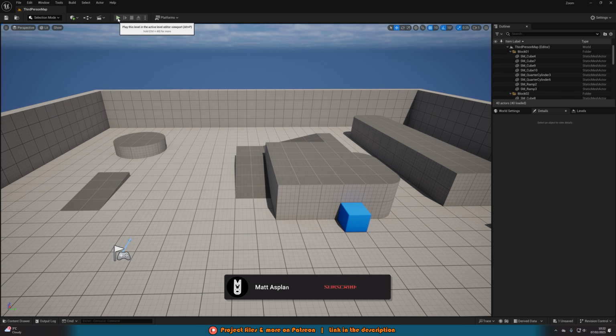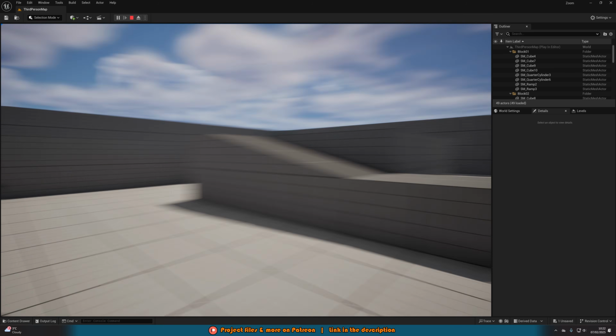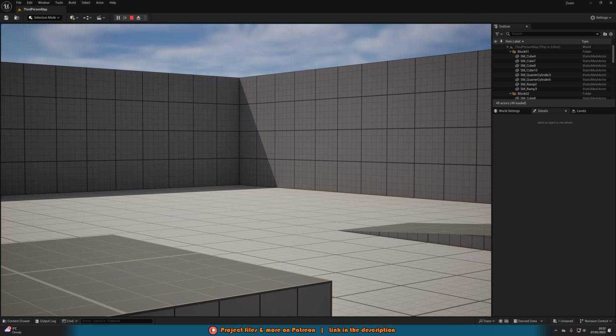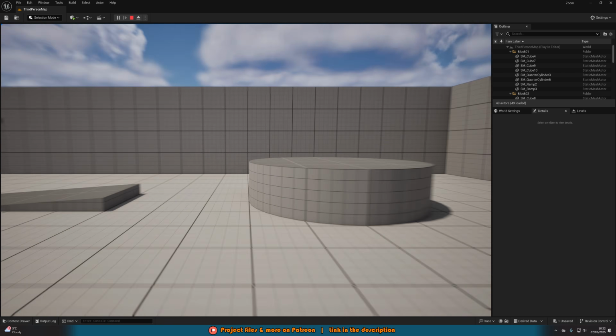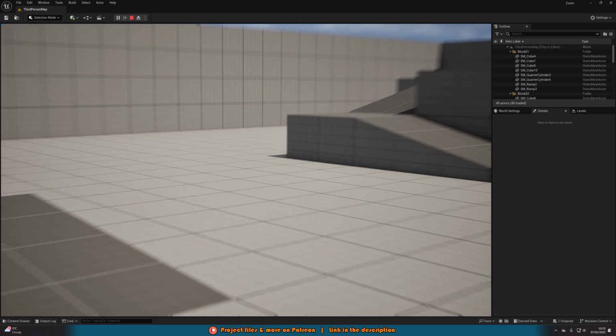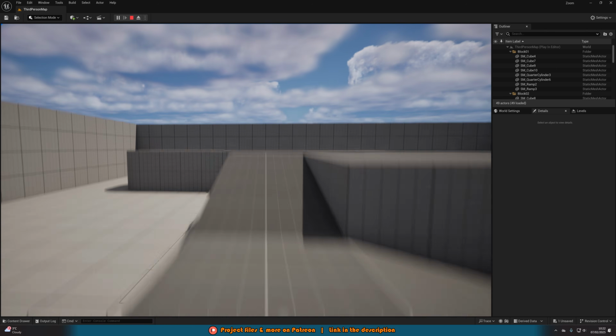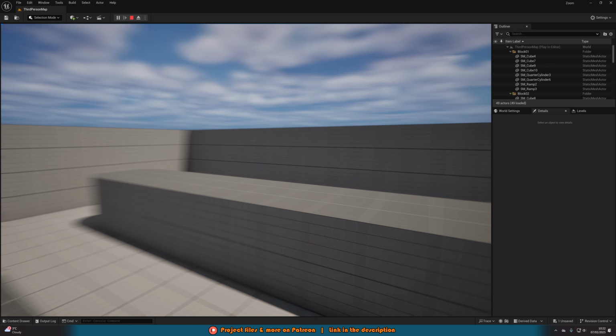So if I were to hit play, I can show you what we're going to make today. As you can see, we can walk around with a normal camera here, and if I were to hold down middle mouse button, it zooms in, and if I let go, it zooms out. And you can see it's nice and smooth as well. It's not just snapping between the two and toggling between them. It's a nice smooth in and out, perfectly like so. And you can modify how far it zooms, how quick it takes, and all of this good stuff as well